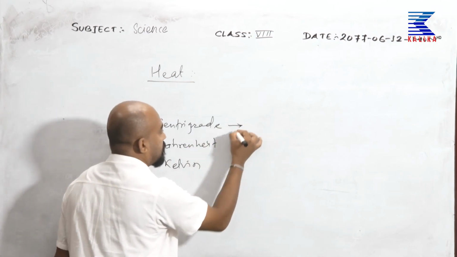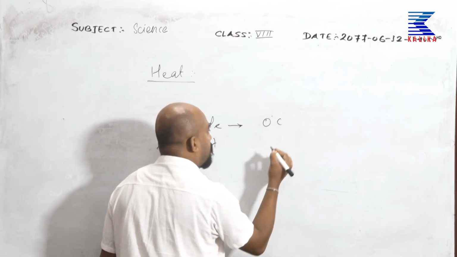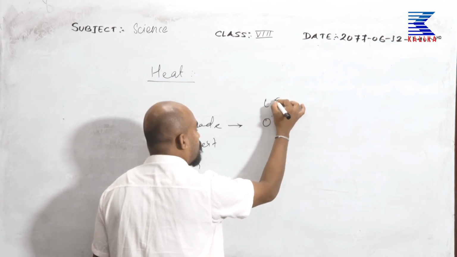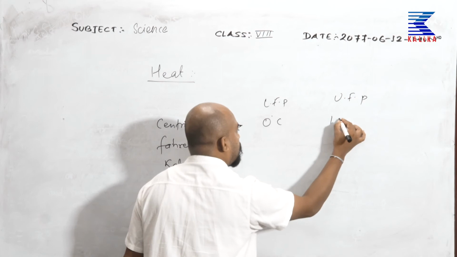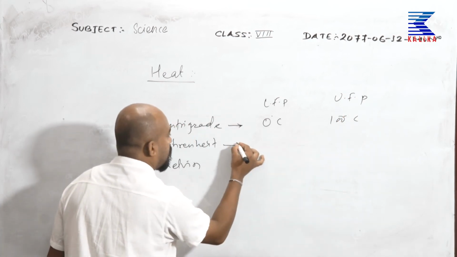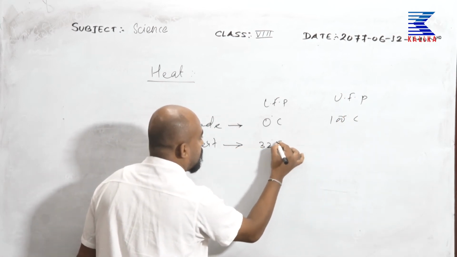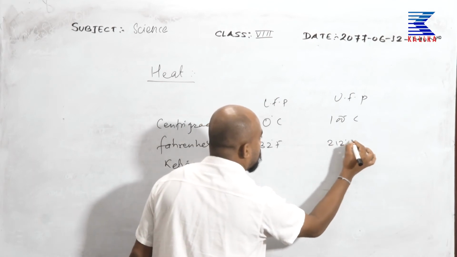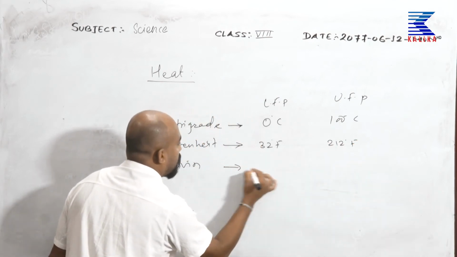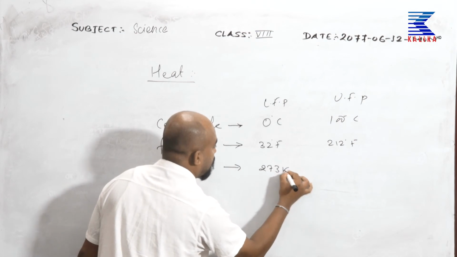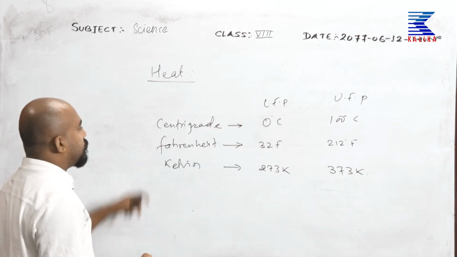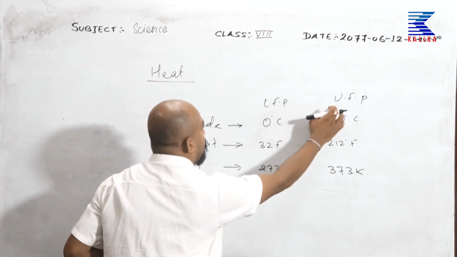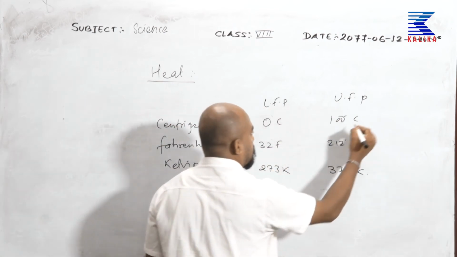For the lower fixed point, the temperature is 0 degree Celsius, and the upper fixed point is 100 degree Celsius. In Fahrenheit they are 32 degree Fahrenheit and 212 degree Fahrenheit. In Kelvin they are 273 Kelvin and 373 Kelvin. Now, see, the differences between upper fixed point and lower fixed point is 100 degrees, or you may